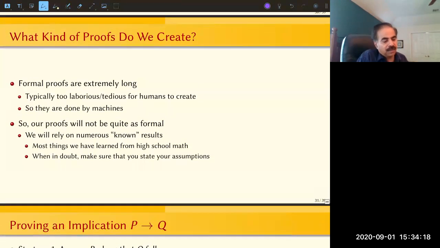So in this course, of course, we are not going to do anything like formal proofs. Formal proofs tend to be extremely long, and at the end of a very long proof, you would have proved something that seems quite elementary. So we are going to do essentially informal proofs,